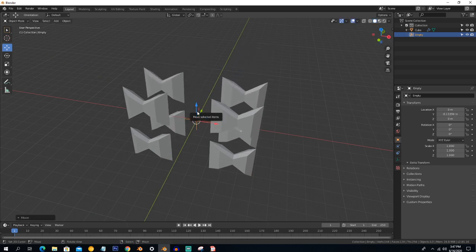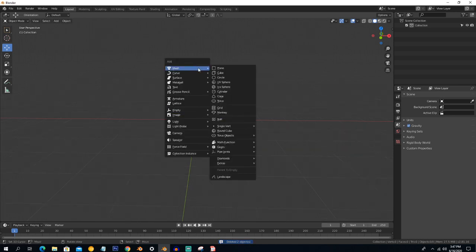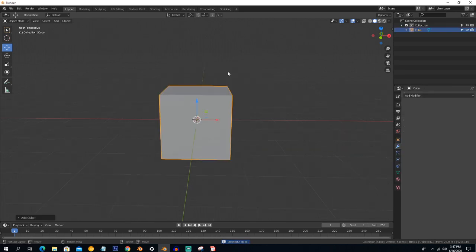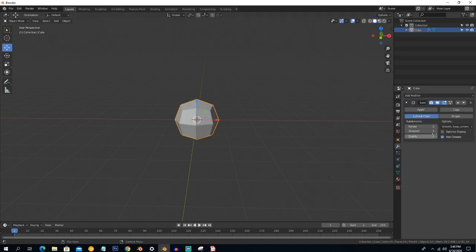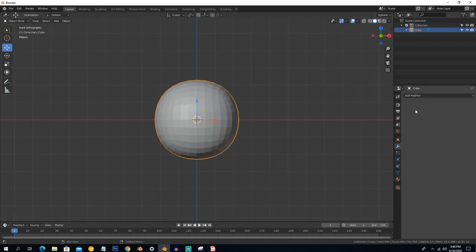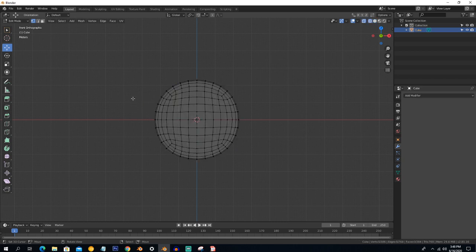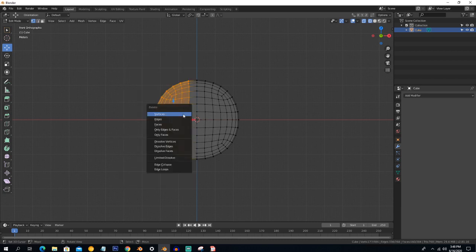And now, the last thing here. Quickly delete everything with A and X. Now add a cube, sorry for that. Now add a subdivision surface on it, scale with S and apply. Go to edit mode by pressing Tab, Z and wireframe, press A twice, B to box select, select this half side of the object and press X and delete the vertices. Now you can see we have deleted the half side of the sphere and the origin is at the center.